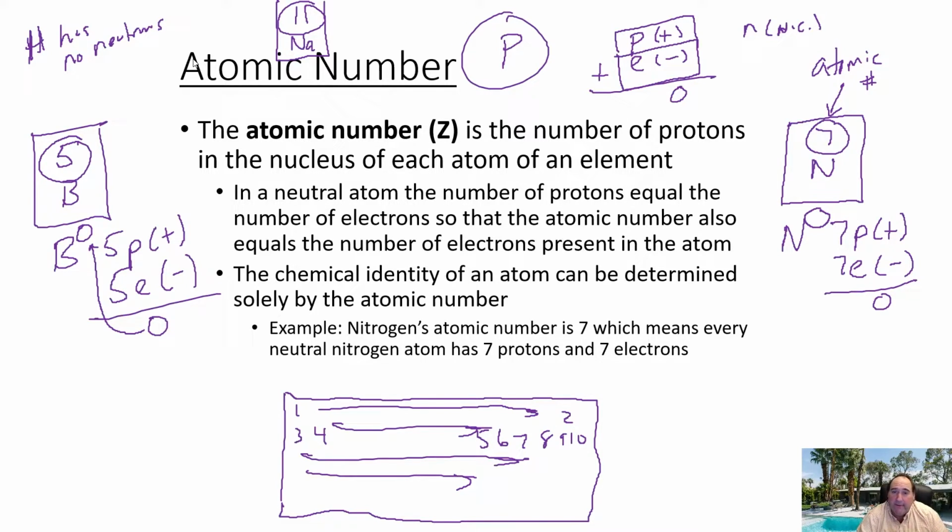Now, a little note to keep in mind, and it is very important: the atomic number definition is just the protons. Although second to that, it will also tell you the number of electrons in a neutral atom. The actual definition of atomic number, and if you are asked the question of what is the definition of the atomic number, it is only the number of protons.